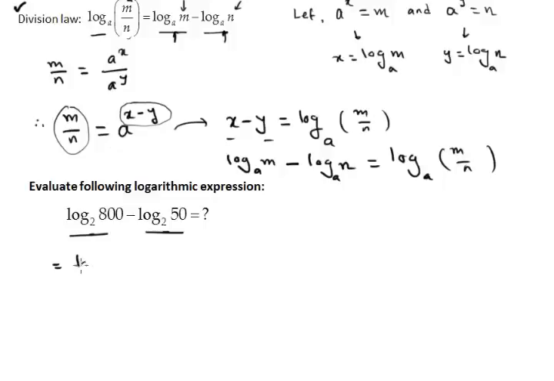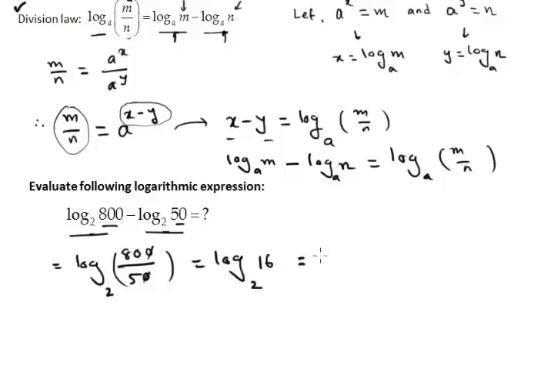So we will get, log base will remain the same. The first expression, that is m, will become the numerator 800, division second, that is 50, will become the denominator. So 800 division 50. Now we will simplify. Log base 2 of 800 over 50: the zeros are gone, 5 and 80 will get 16. So now we need to find log base 2 of 16.